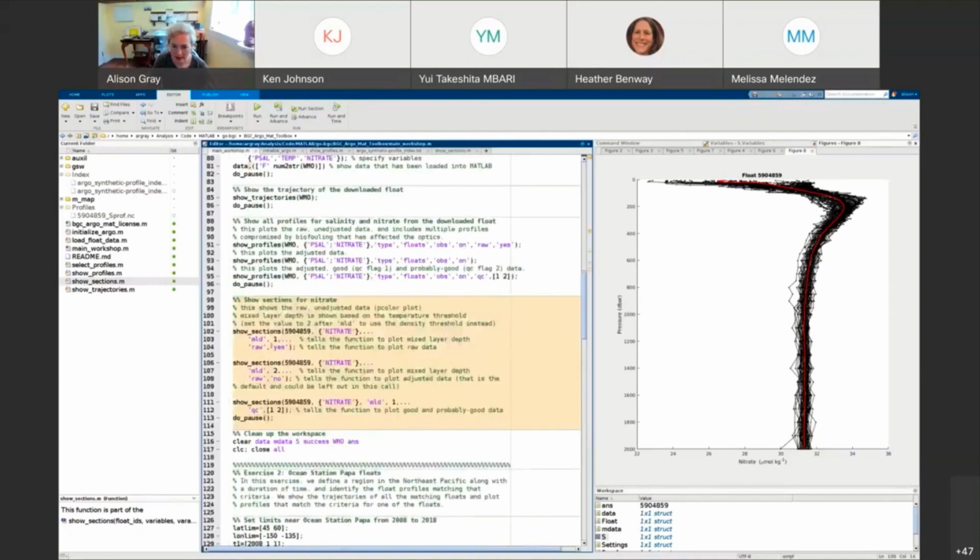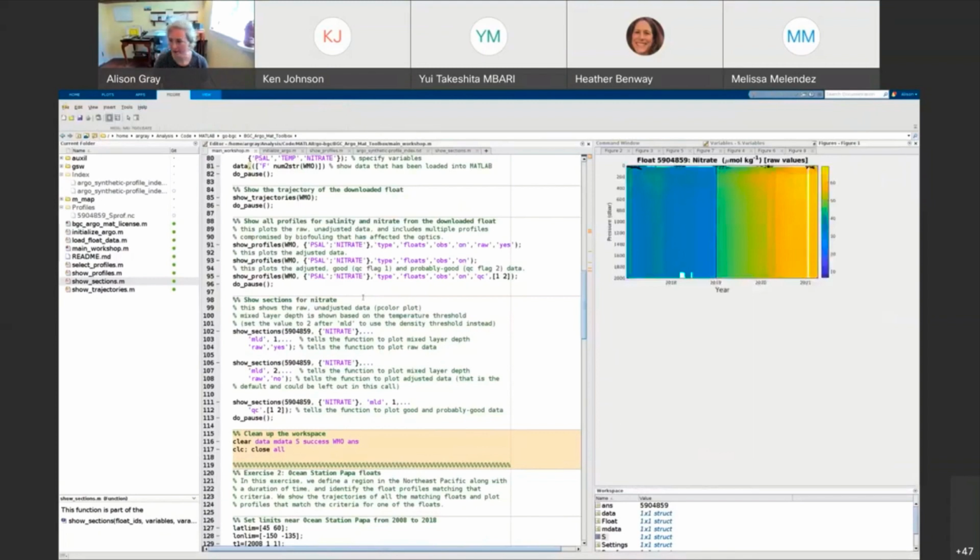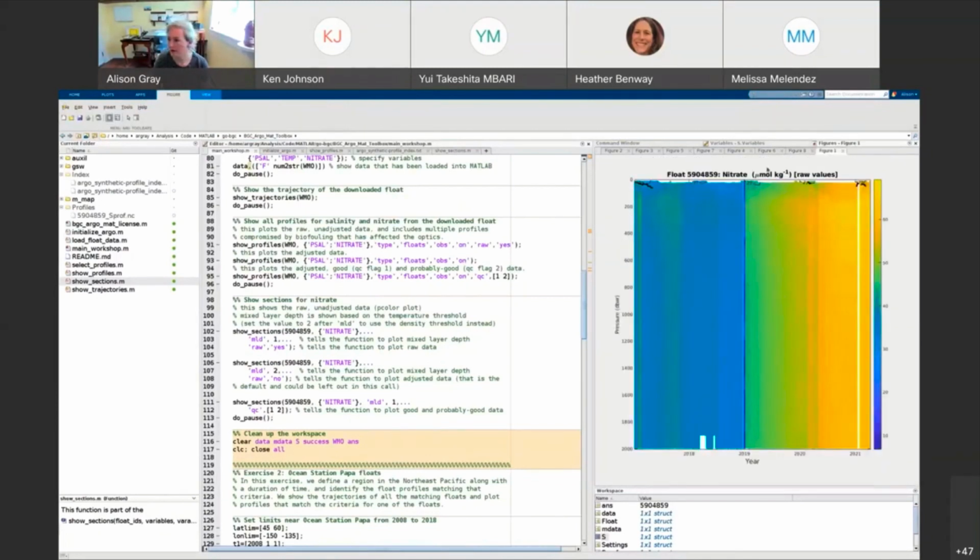It's a really nice function, and it uses pcolor to make a plot. So I'll go ahead and run that, and it will take a minute to make 3 different section plots. So again, the same sort of ones that we saw before. The first one, we're going to use the raw data, and we're going to use a temperature criterion for the mixed layer depth. So this is the section for the raw data and temperature criterion to calculate the mixed layer depth, which here